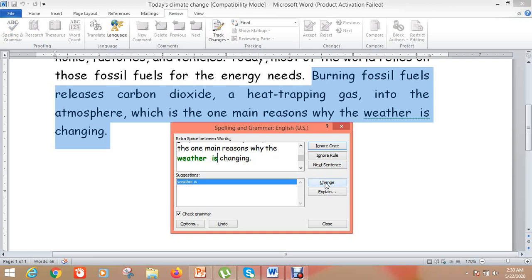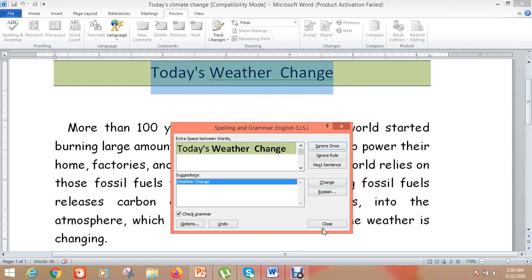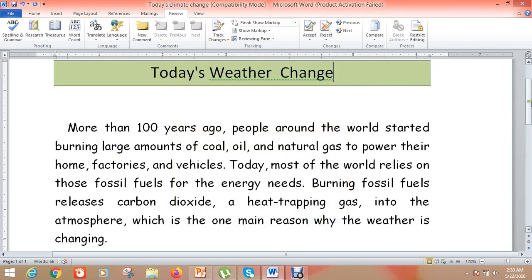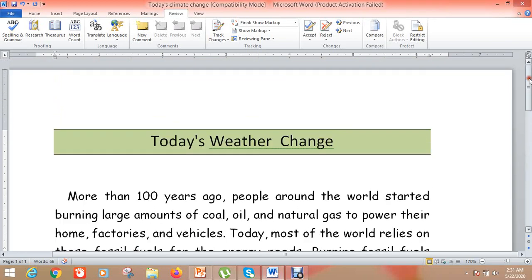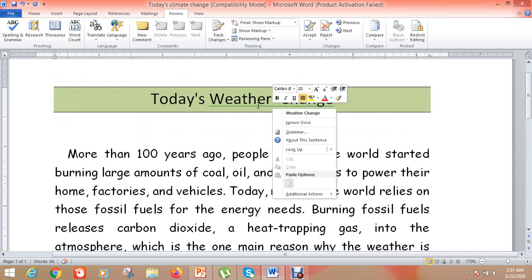Change. Then weather, weather is changing. Why? It's a grammar mistake. See, now close. Now we have removed them. You can also remove them using right click wherever you find a word underlined with any color. This is how you can correct it.